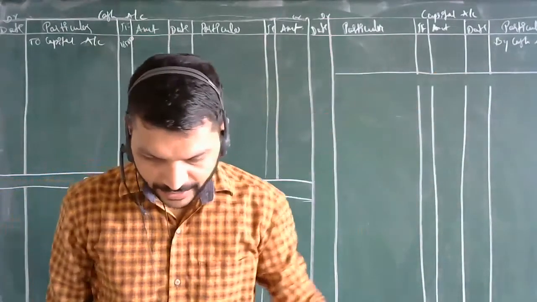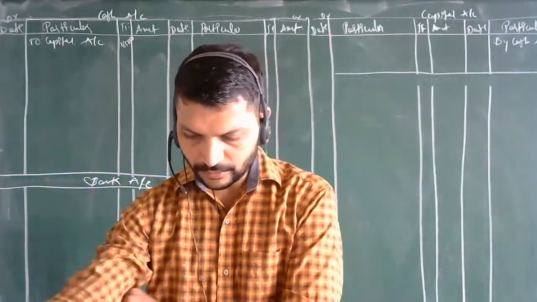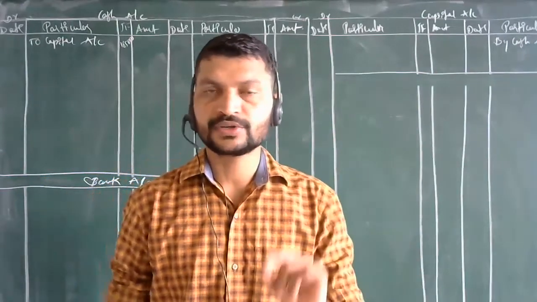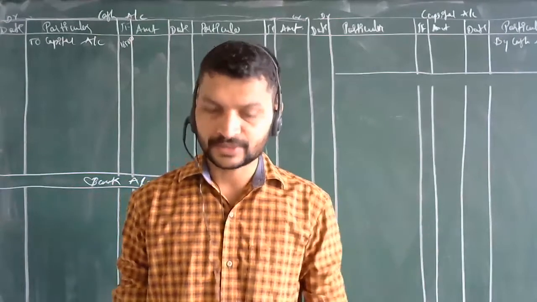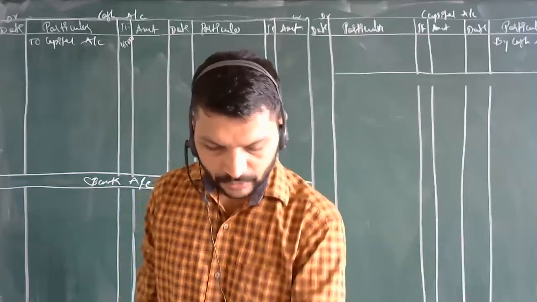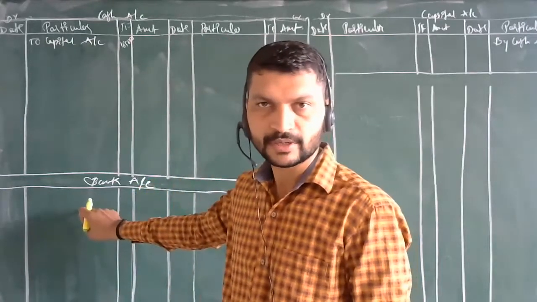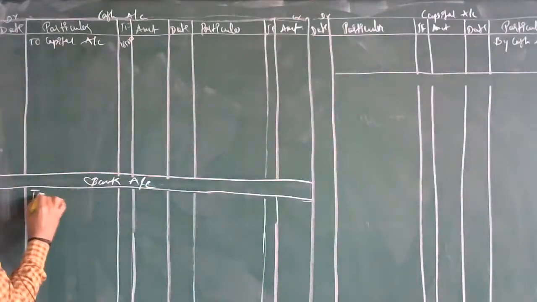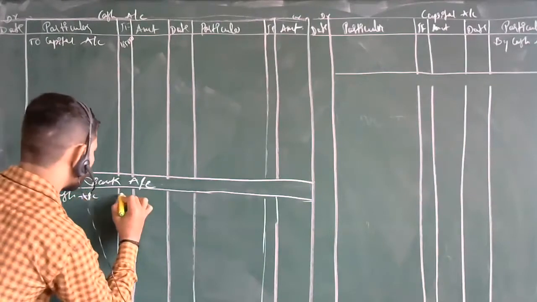Now next, second entry, opened bank account in PNB. Here you are having two effects. Which one? Bank account debtor to cash account. Here your bank asset has increased and here cash asset has decreased. So here two accounts will be affected. Bank account is debited. I have opened a separate account. In bank account you are going to say to cash account. To cash account, how much is the value? 80,000.